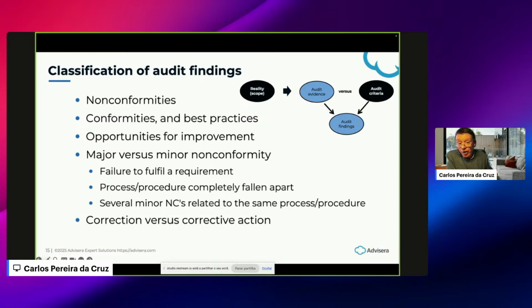All non-conformities require a correction, the elimination of the non-conformity. So the correction would be train workers F and G according to the competence requirements in their job description. Corrective action would be, what is so wrong in our system that workers can start working without the necessary training? Okay, so first find the root cause, then eliminate the root cause.